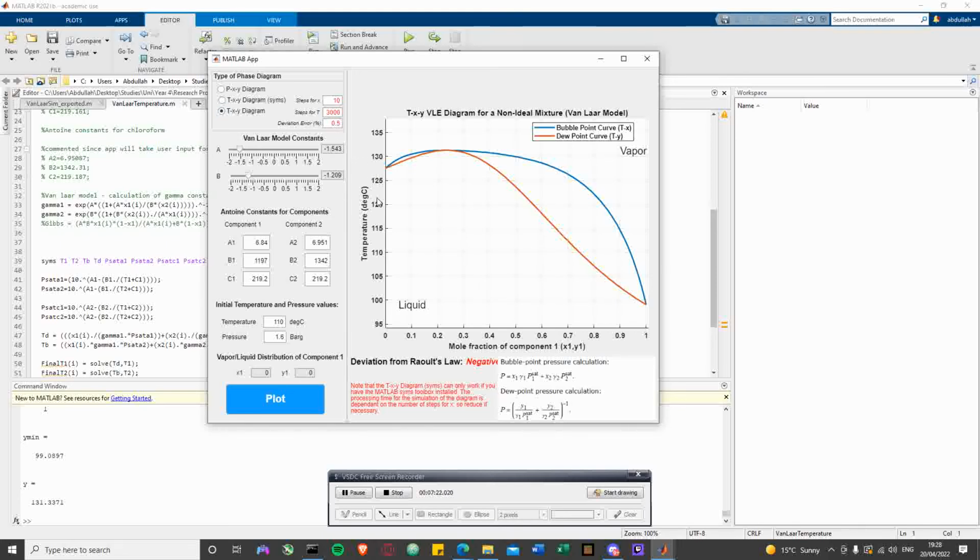What it does is it takes the temperatures between the limits, depending on the two components. Say your limits are 128 and 99, for example. It will take those two maximum values and divide them into 3,000 different t-values. Then it will apply each of those t-values back into PSAT1, PSAT2, and PSAT1, PSAT2